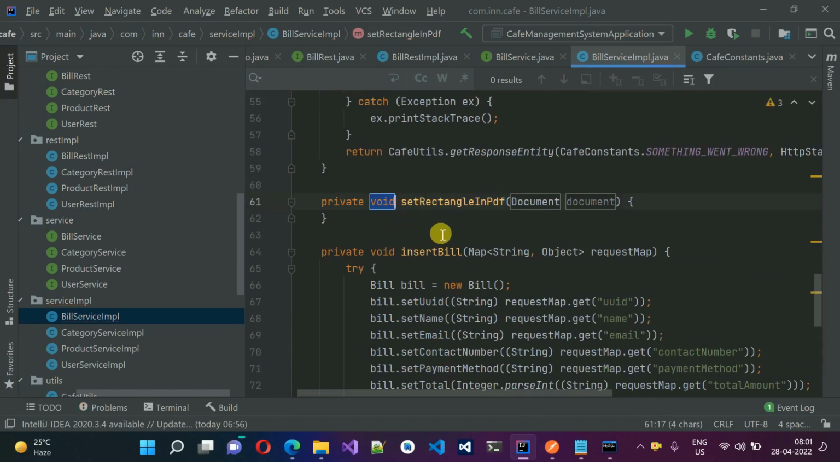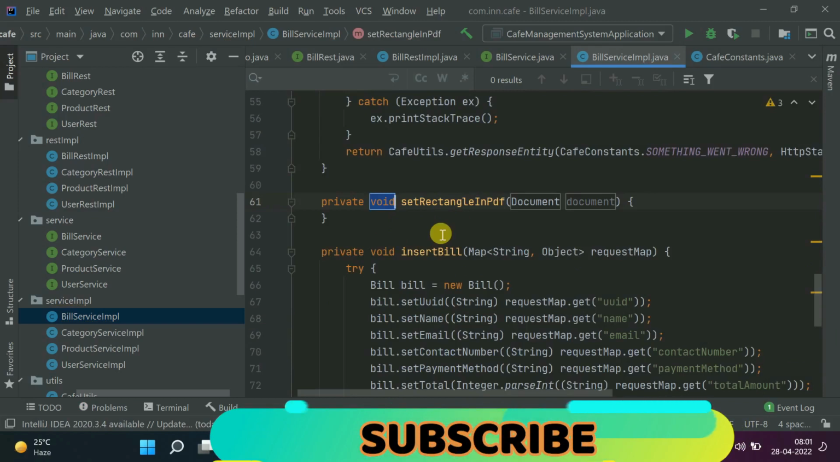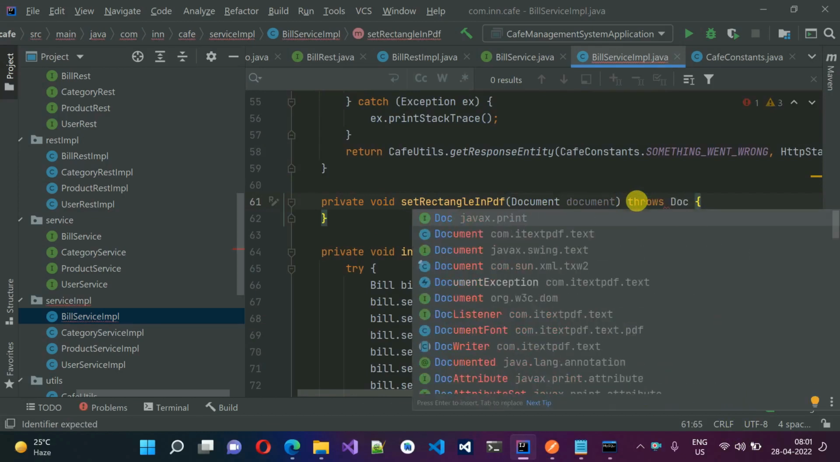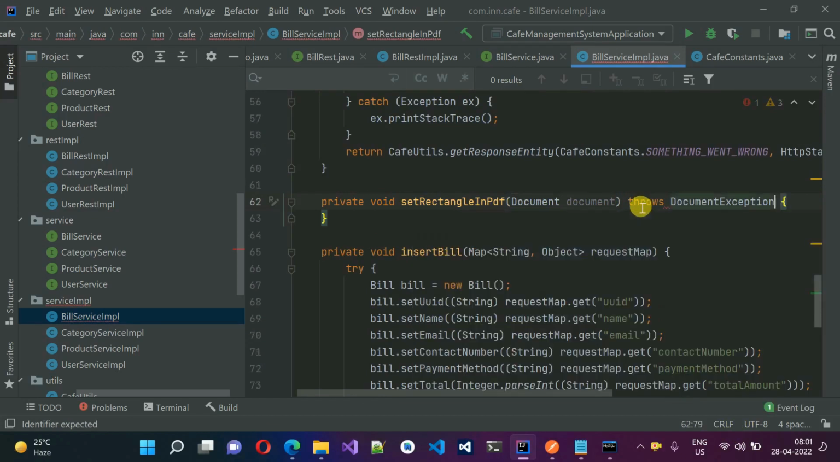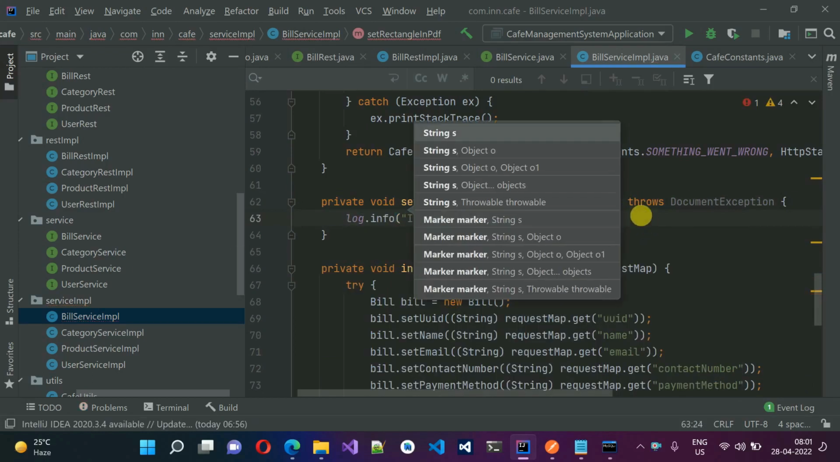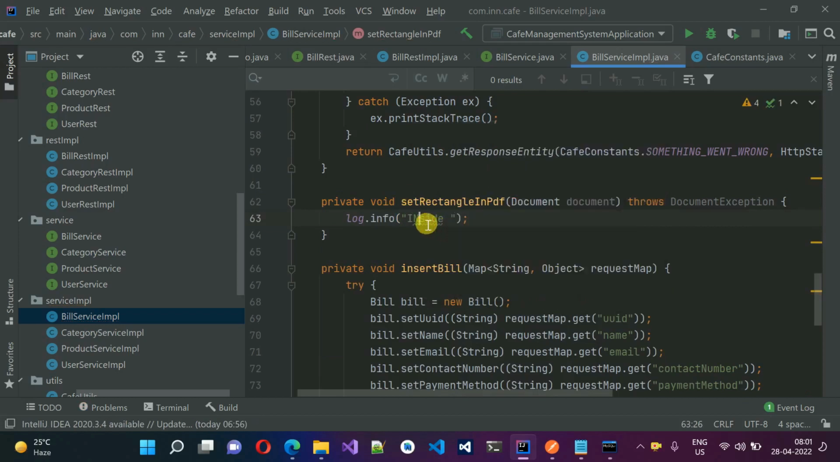Now what we have to do is we have to set it. So let me just write this one, throws document exception if document is not found in that case, and this one method is not going to return anything. So I'm going to log one stuff, log.info, that I'm inside this one. So inside set rectangular in PDF,